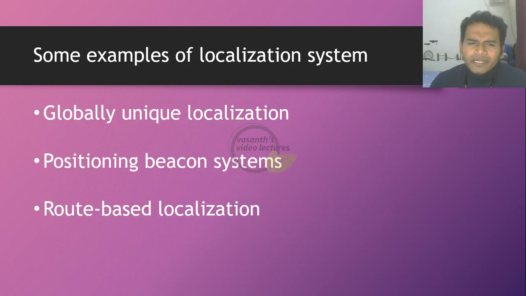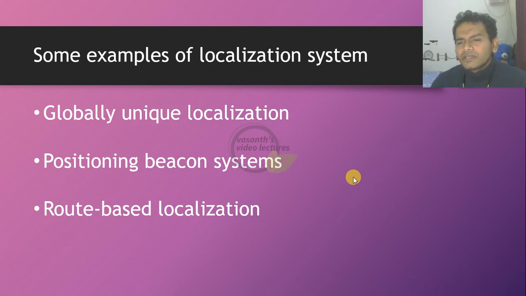There are some fundamental examples of localization systems, globally unique localization. The best example for this is GPS. I don't prefer to explain this part because everybody knows the working of a GPS, but I'll discuss the position beacon system, followed by route based localization. In case of a position beacon